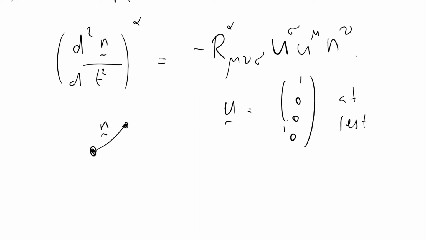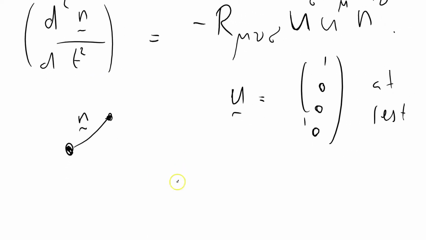So that tells me that I've got d2n by dt squared now equals